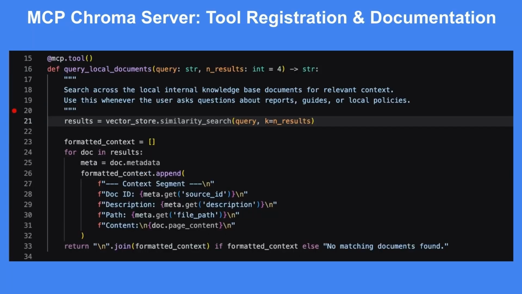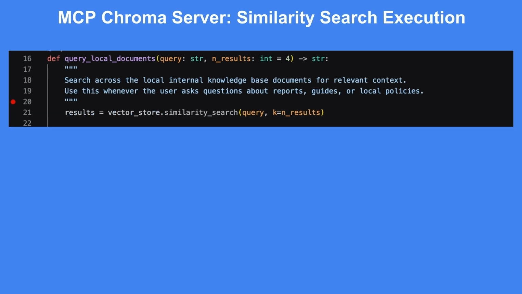MCP decorator. At mcp.tool, the function query_local_documents is registered directly as an executable tool for the LLM. Semantic docstring instruction. The explicit docstring acts as structural prompt guidance for Claude. It instructs Claude exactly when to fire the tool, e.g., when a user asks questions regarding reports, local policies, or uploaded guides. Vector matching. When Claude invokes the tool with a textual search phrase,